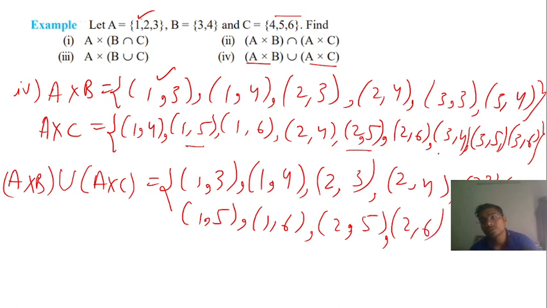Okay, 3 4 is written, so we will write 3 5 and 3 6. Now you can close the bracket because you have written all the elements of A cross B